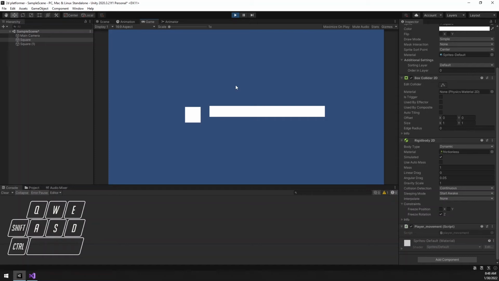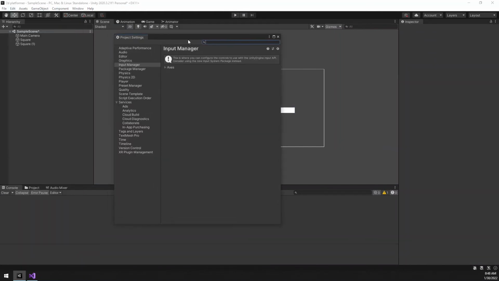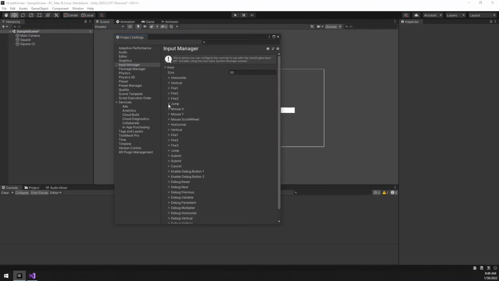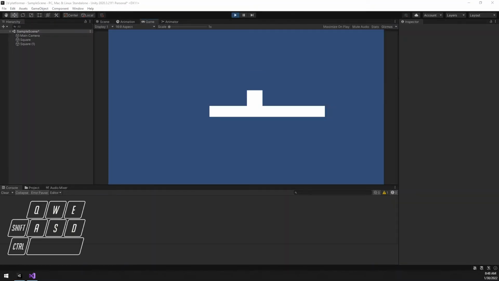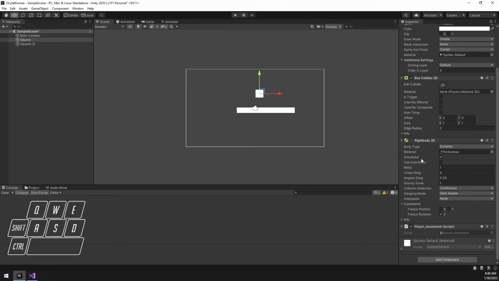First of all, we don't want to bind the jump key to the spacebar. We want the player to jump when we press the W or the up key. Go to Edit, Project Settings, Input Manager, and the first jump option. Don't click on the second one, it's meant for something else. Change the positive button from space to W and the alt positive to up. If you run the game again, you can now use the WASD and arrow keys to move around. You may notice that the player's gravity seems to be falling a bit too slowly.